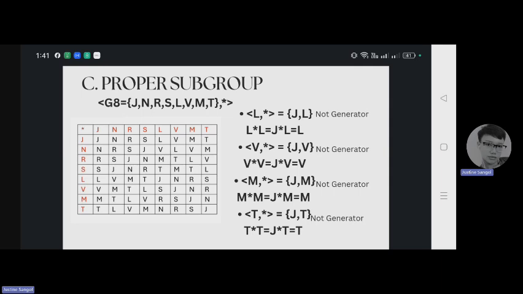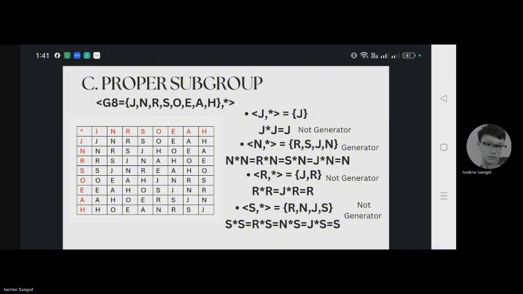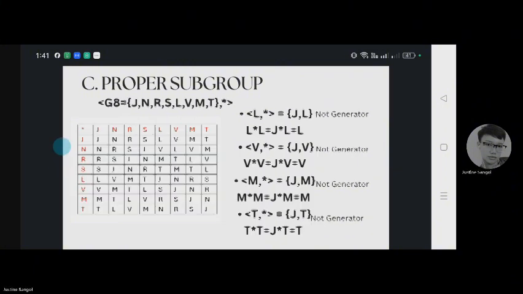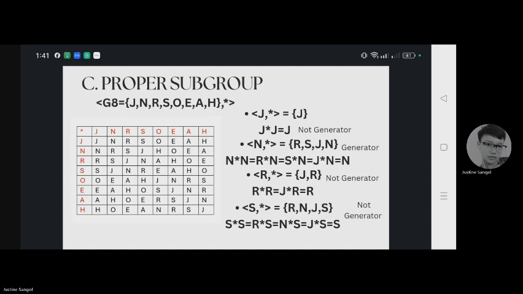T star T is equal to J star T is equal to T, not a generator either. Therefore, the subgroup G8 does not have a generator. Therefore, subgroup G8 is not a cyclic subgroup.